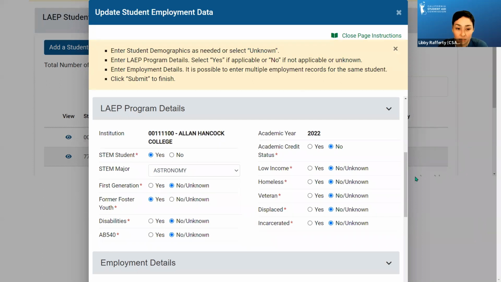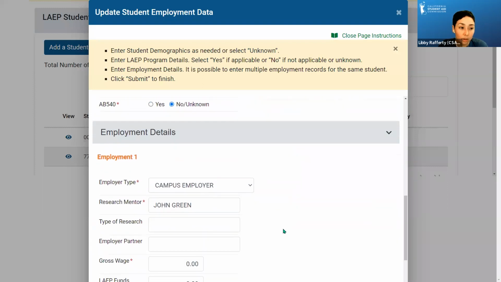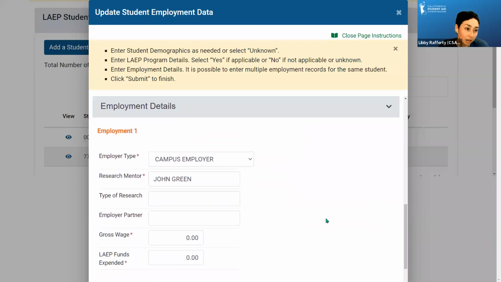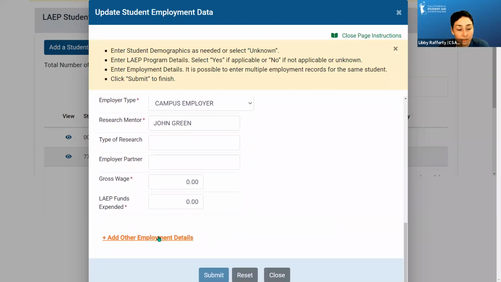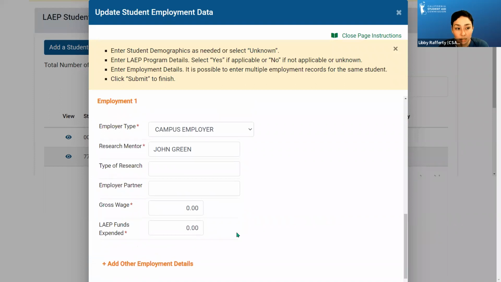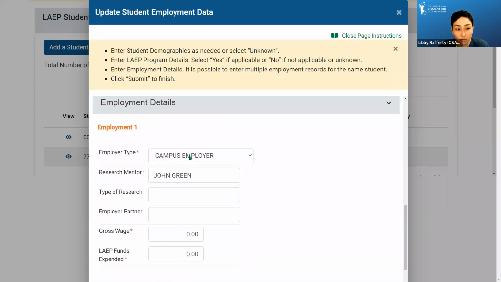All right, let's take a look at the employment details. So lastly, you're going to put in the student's employment details, and you could see that you can add more than one job. So it's as many jobs as a student works during the academic year. So in this case, the student worked for a campus employer. And so when you select campus employer,